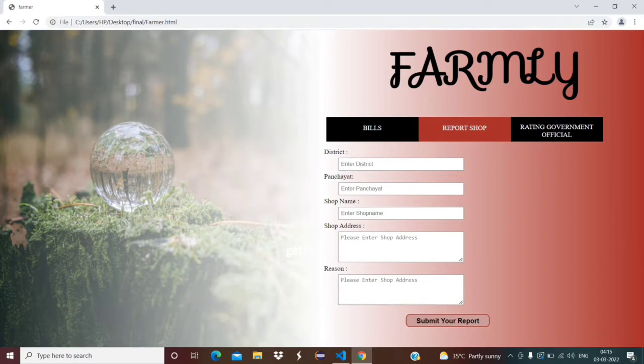In the second interface of the farmer, we have facilitated the farmer to report about the shop to the government officials. In the reason text area of this interface, the farmer can give the reason for the drop in productivity caused by using low quality products such as low quality seeds, fertilizers, etc. After completing the process, when the farmer clicks on the submit button, the report will be sent to the corresponding